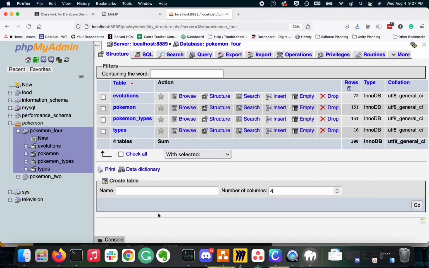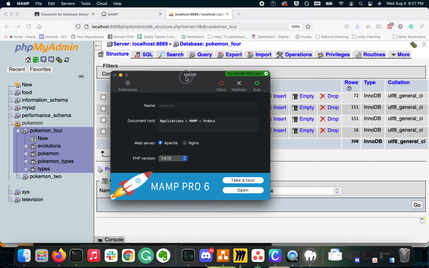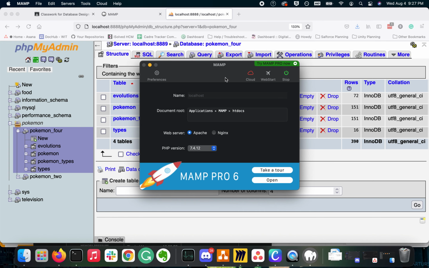We already have MAMP open, but to access the actual directory of this application, and we're going to need a directory because that's where we're going to put all our files for our web application, go over here to Finder,